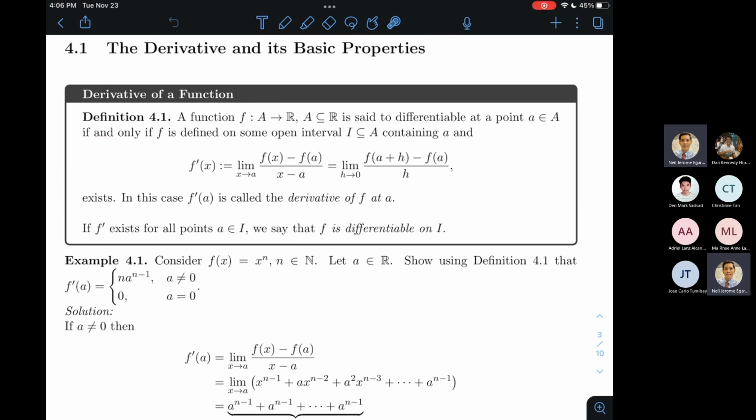So, kapag kasi function f ay hindi defined sa isang open interval containing A that is included in the domain, so there's no point of talking about differentiability kasi hindi na kagad siya differentiable based on the definition we are given here in 4.1. So even if the function f is defined on an arbitrary subset A of the set of real numbers, dapat para makapag-usap tayo about the derivative at a number A in the domain, dapat si function f ay defined sa isang open interval containing A.